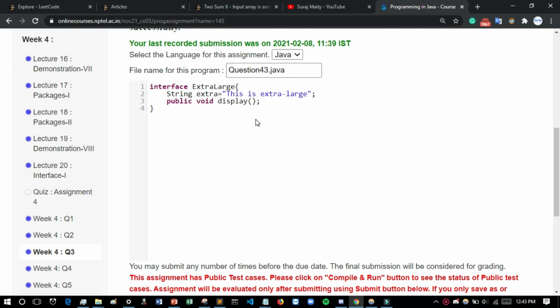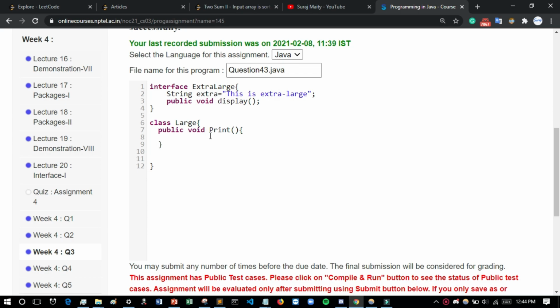Then we will write class name Large, then public void print. Now we have to write System.out.println for the printing purpose.